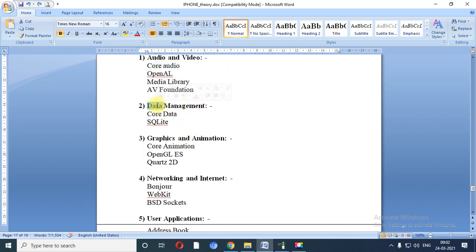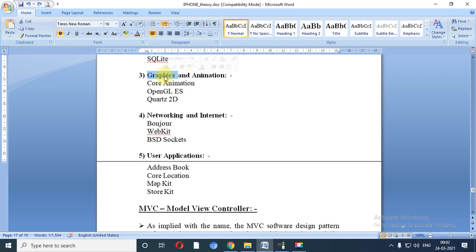Similarly, if you want to work with data management, you can use Core Data or SQLite to manage the data. Now if you want to work with the graphics libraries or with animation, at that time you have the Core Animation libraries, you have OpenGL ES libraries, you have the Quartz 2D framework, using which you are able to create programs or applications based on graphics and animations.